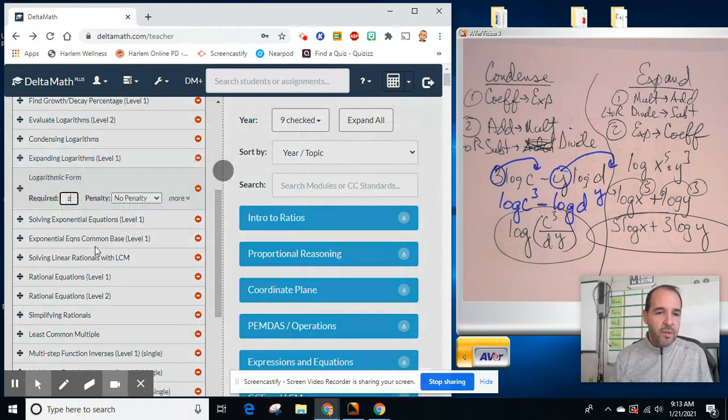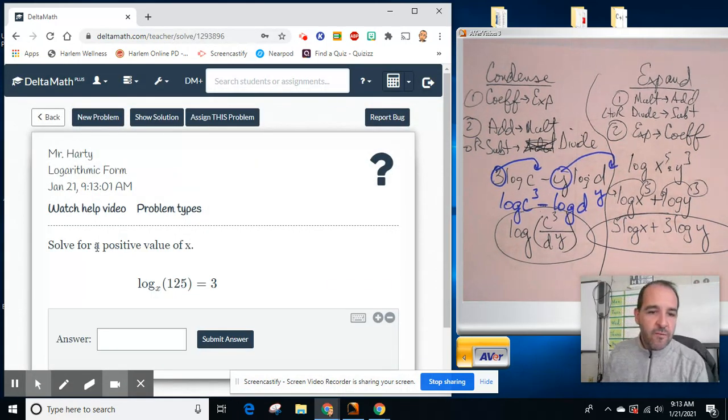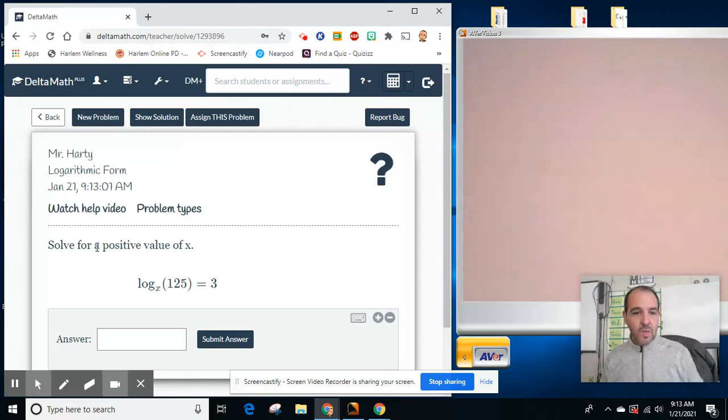All right, logarithmic form. Solve for a positive value of x. Okay, so here's what's going on this time. We need to get this into exponential form. Okay, now we did this before. We went from log to exponent to log. So when we were doing this before, okay,